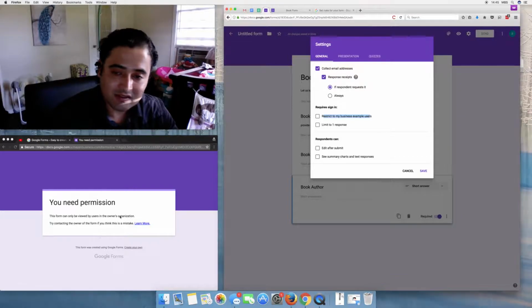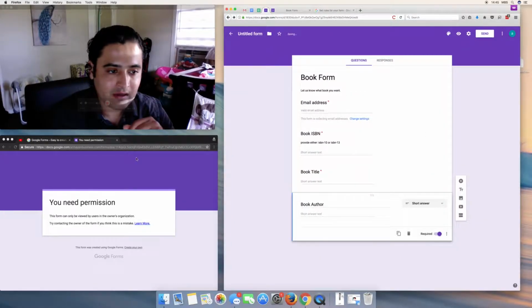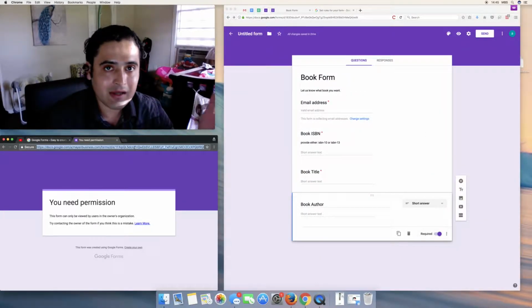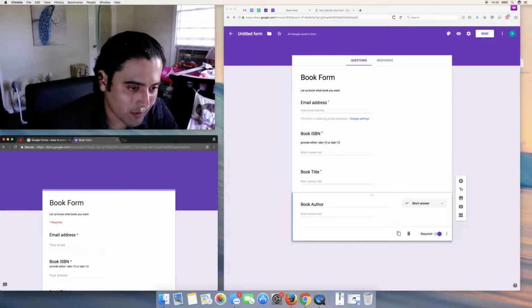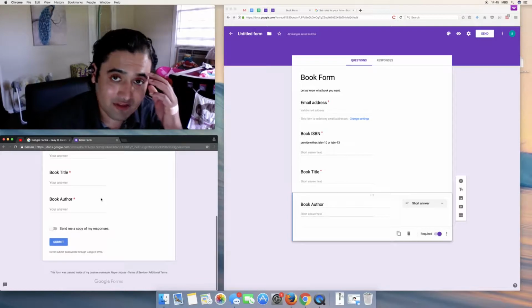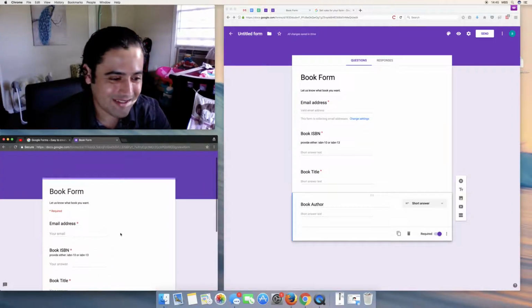That's why I needed permissions here on this side. I'm going to check that off. I'm going to save it, and now I've saved it. Anybody who I share the link with can now do it. Okay, so that caught me off guard. I was very embarrassed. I emailed somebody, hey, can you please fill out the form? Well, I could if I was authorized. You can give me permission. Save yourself the